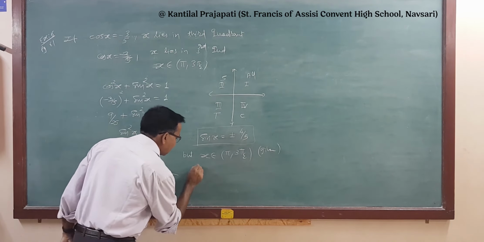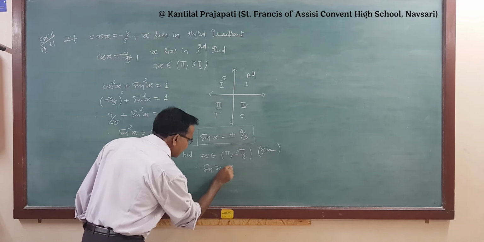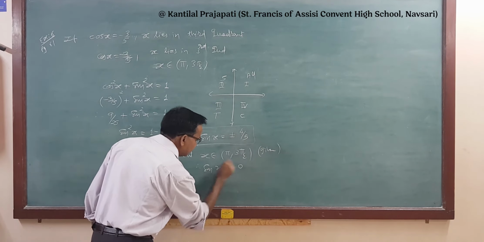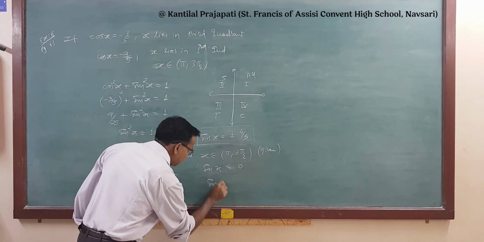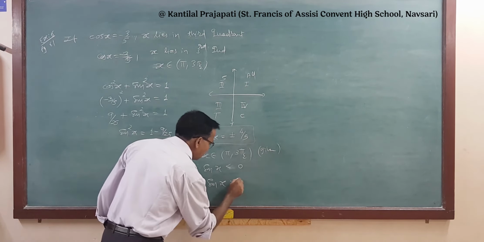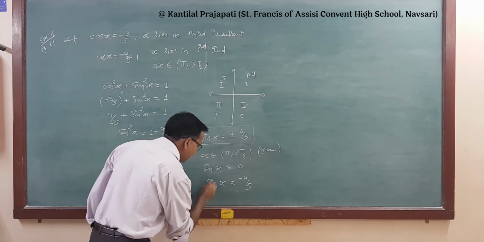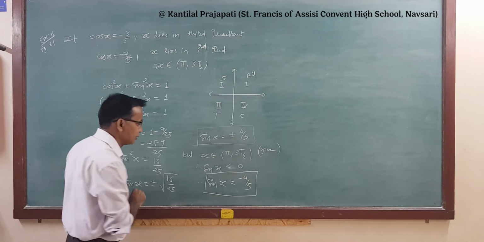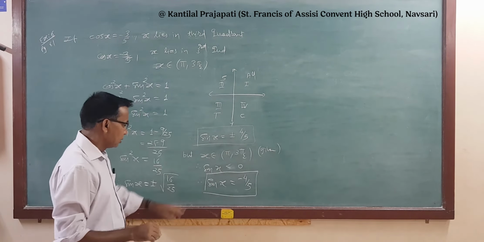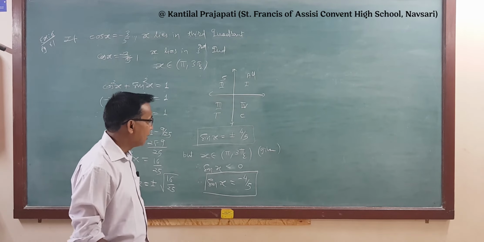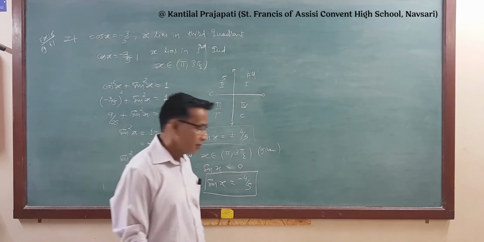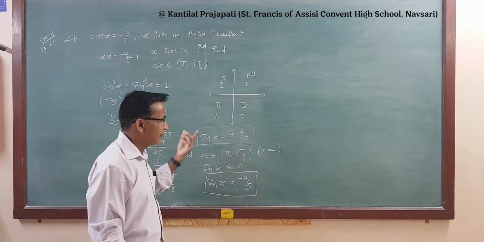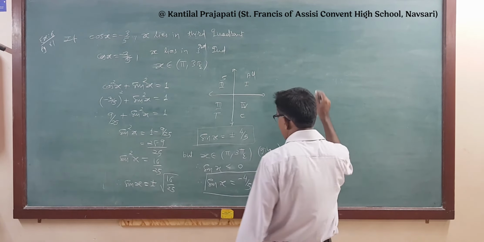And therefore sin x is always negative. Sin x is less than 0 in the third quadrant. So therefore, what is the right value? Sin x is equal to minus 4 by 5. This way, this is the important quadrant of the given angle. So now we have cos x given, and we have found sin x is minus 4 by 5. By using these two, we can find all other functions, the value of all other functions.